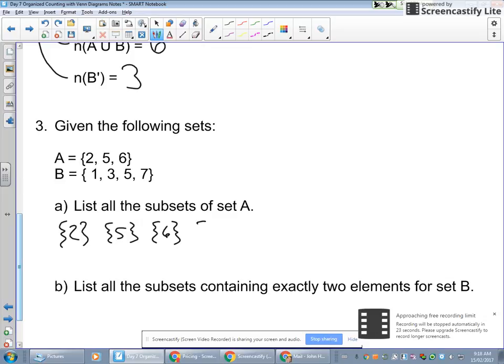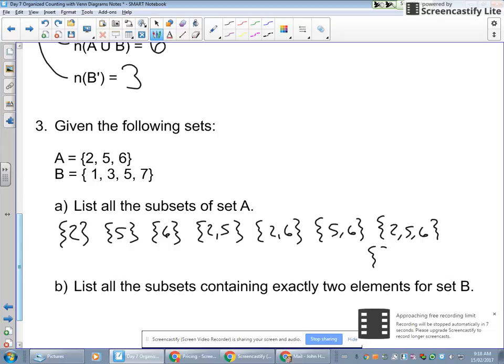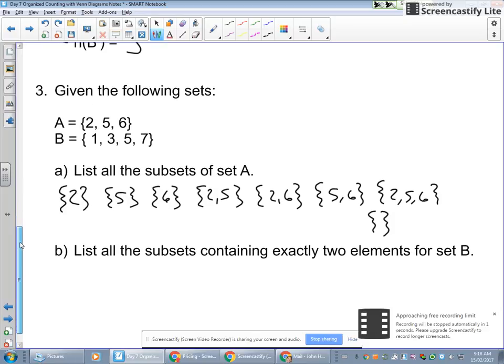We could have elements with 2. We could have a 2 and a 5. We could have a 2 and a 6. We could have a 5 and a 6. We could also have all 3 elements, 2, 5, 6. And we could have nothing. We could have the empty set inside of A. And then finally, all the